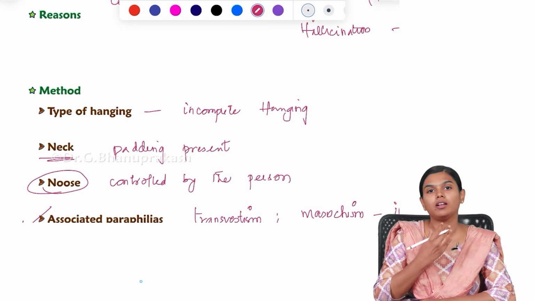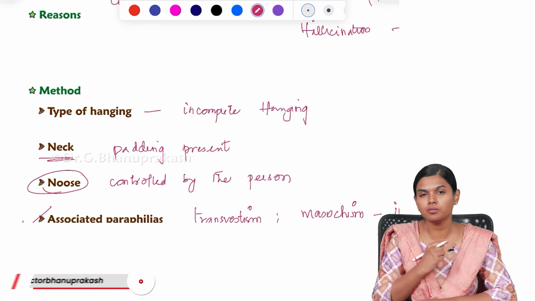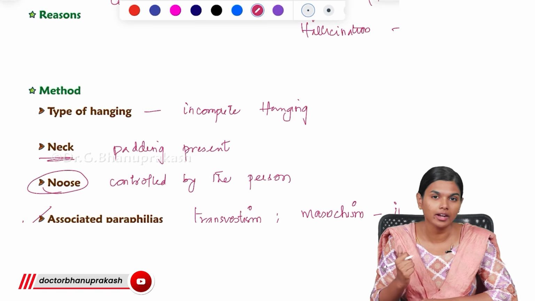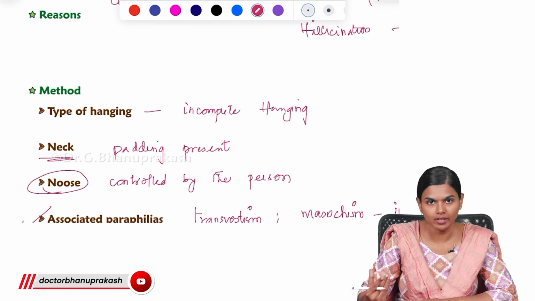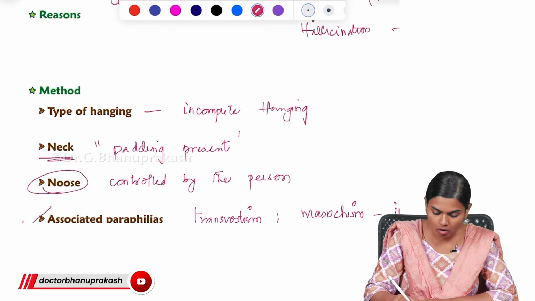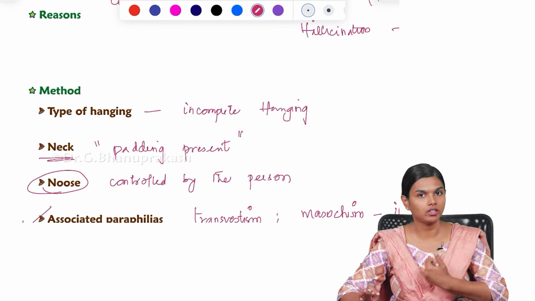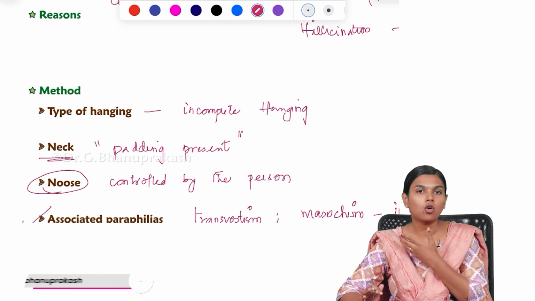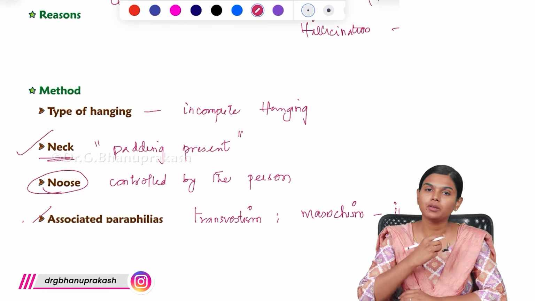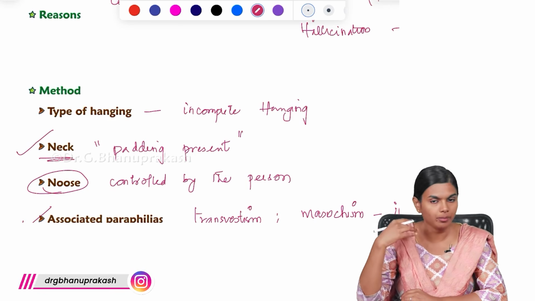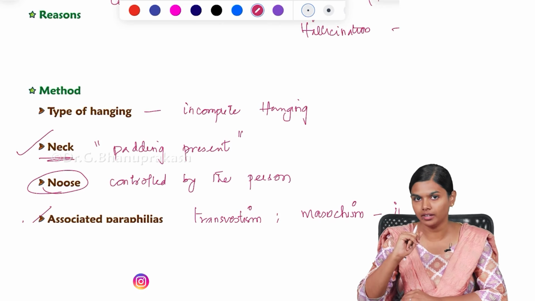So, if you constrict the neck, you will definitely get these ligature marks, right? You will get some sort of abrasion or something over the neck, but it will be seen to everyone. So people will start asking questions. So to prevent that, what they will do is they will put a padding and they will put the ligature over that. So when you do that, you will not be seeing any ligature mark. So if you look at their neck, sometimes the padding along with the ligature will be present. So this padding thing, it is very important in another context also.